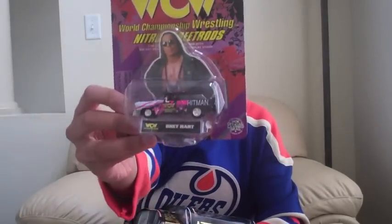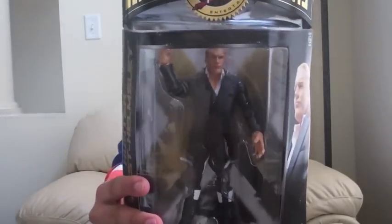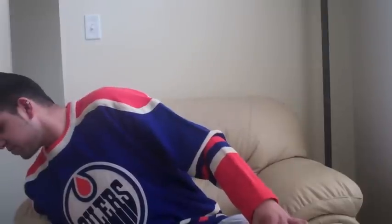This is a little toy car of Bret Hart from WCW, and on the back has a nice little picture of Sting. And then we got Hunter Hearst Helmsley, and last is Rey Mysterio, which I also got from WWE Niagara Falls for $22.99. Sometimes I wonder what the hell I'm doing. But that's